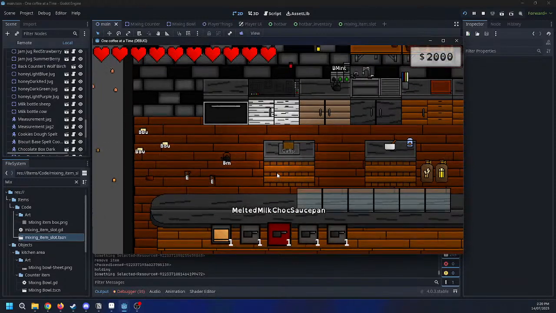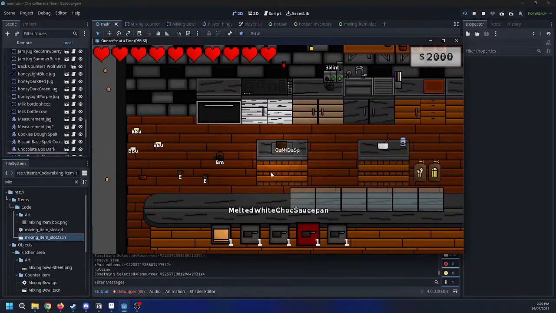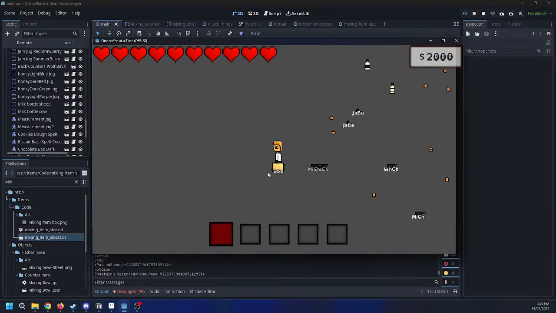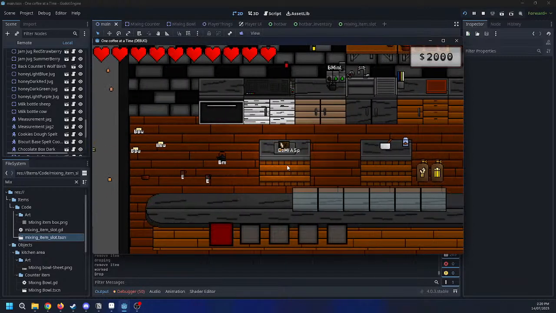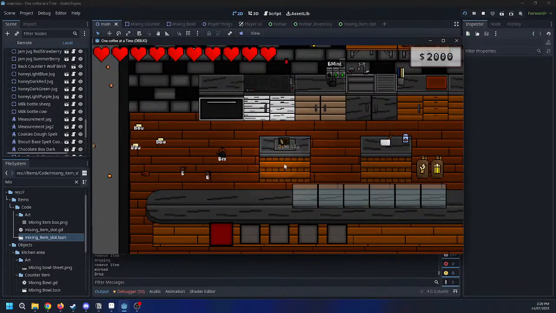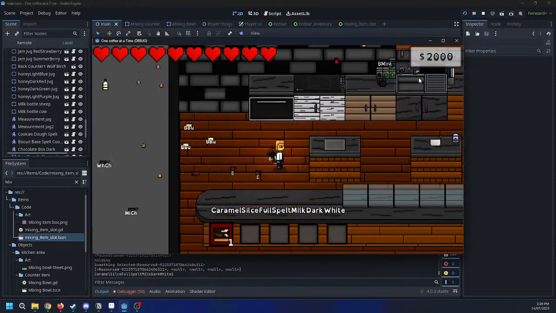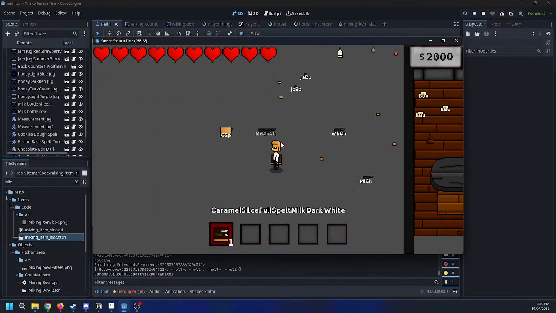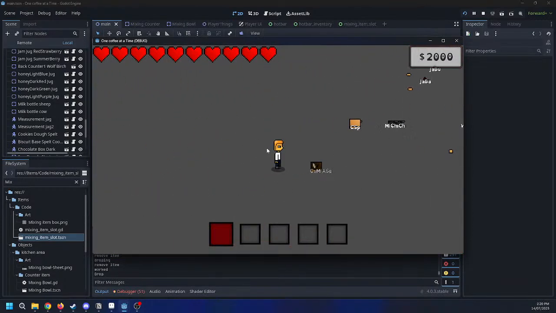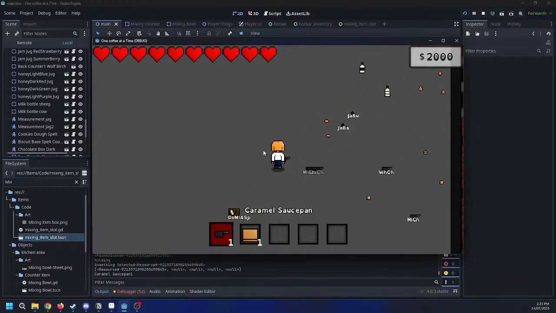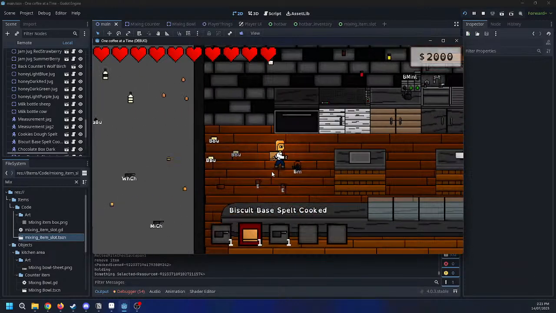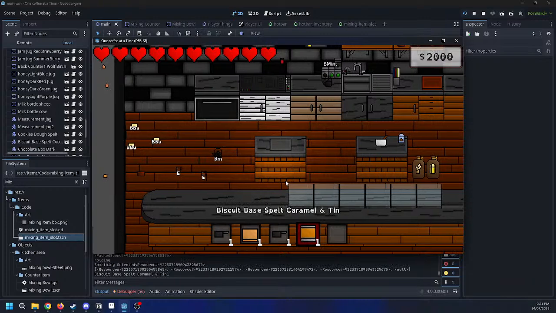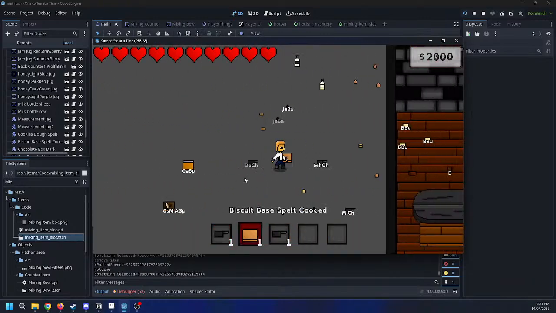Caramel. Milk. Dark. White. We got the tribid of caramel slices. Now, I'm pretty sure I might have only seen this once. There we go. So I designed it in a way so you can't just randomly pick it up, where you gotta click on it at least once or interact with it once and then you get your caramel slice. Look at this. So we go here, here. So now you can pick it up, like that, if you wanted to.